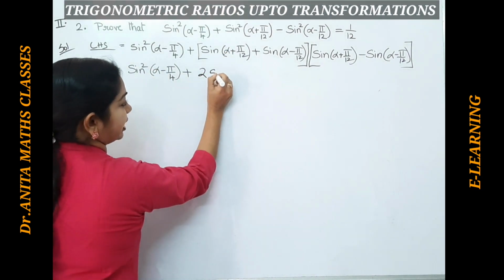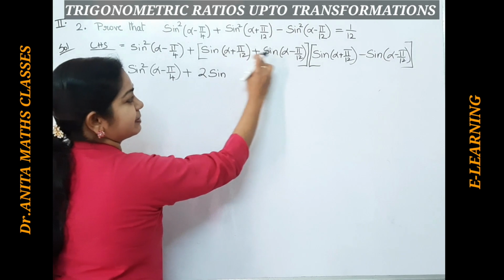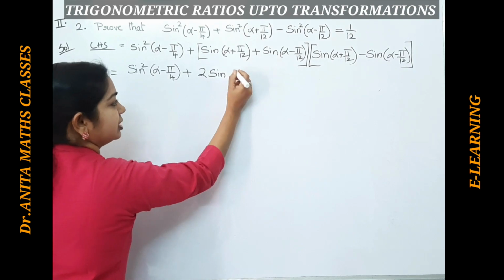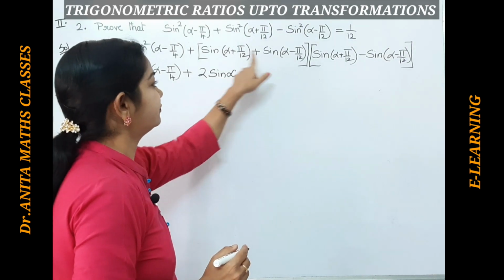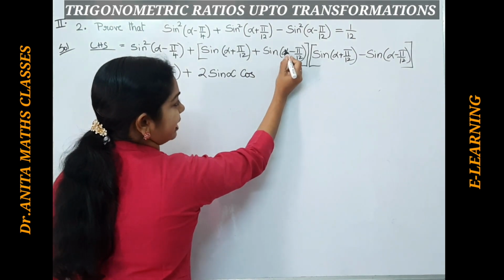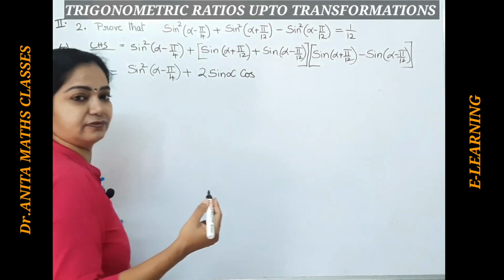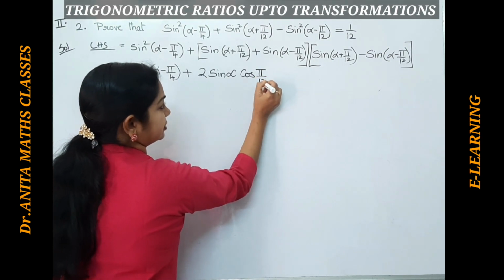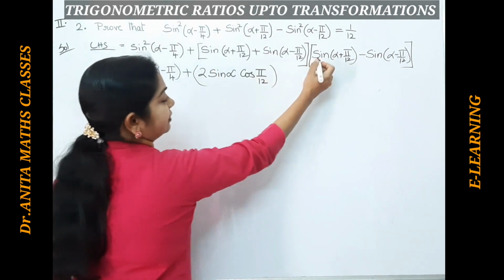So, this is 2 sine C plus D by 2. If you see here, this plus this means minus pi by 12 plus pi by 12 goes off, 2 alpha by 2, so just alpha we get. Okay, this is C plus D by 2. So, I have simplified and written here, and cos C minus D. If you are taking minus alpha plus pi by 12, alpha goes off. So, pi by 12, pi by 12, so 2 pi by 12 by 2. So, 2 gets cancelled, just we get pi by 12. So, this minus this by 2, so we get cos. And in a similar way we will expand here.